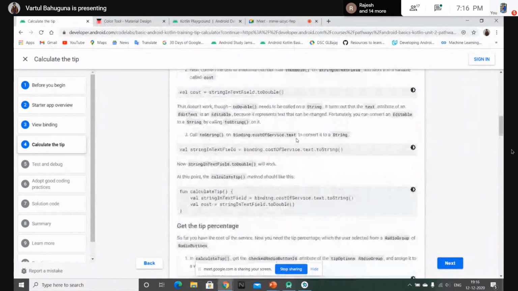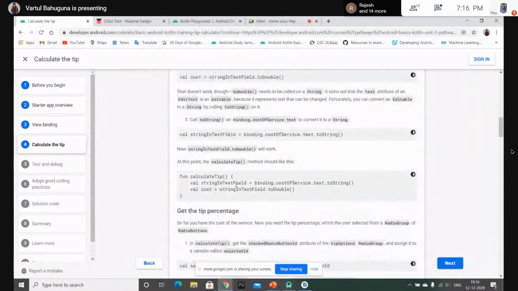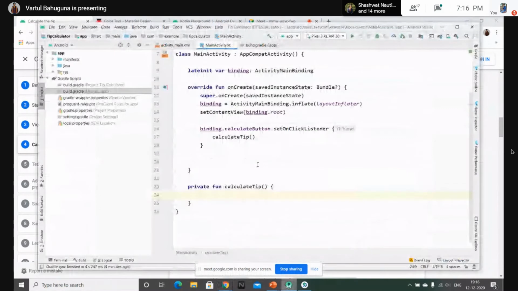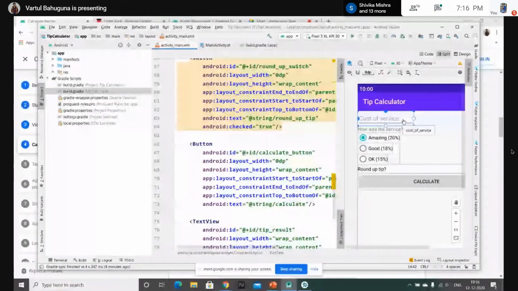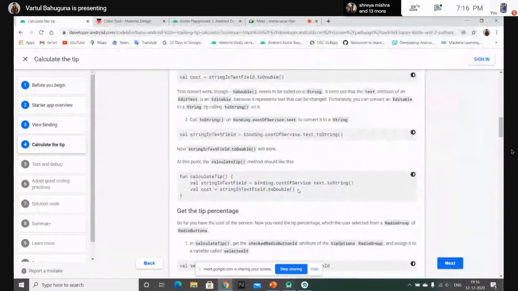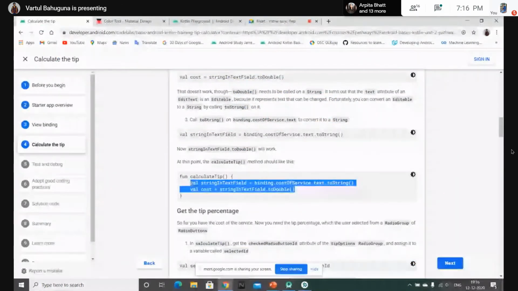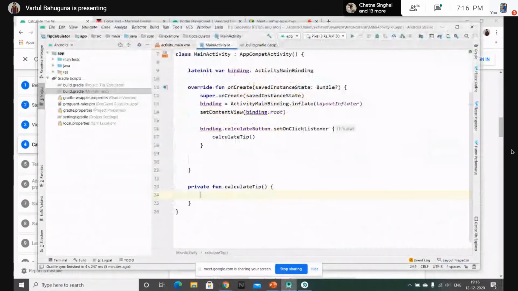There is a string created that takes in the cost of the service. So what's the logic that we need? We will first take the cost of service from here, and then we will perform some calculations based on how the service was. So let's just copy this code and type it in the function.